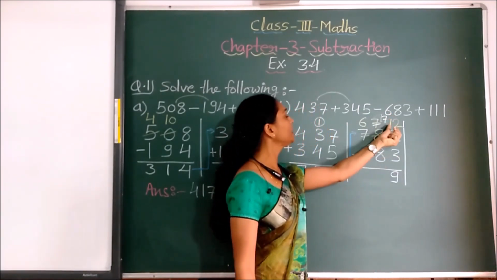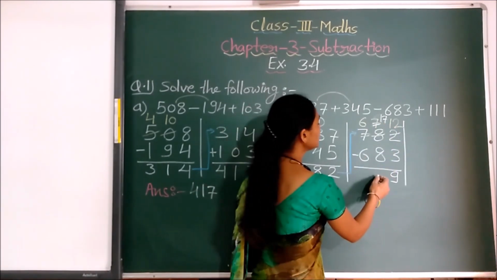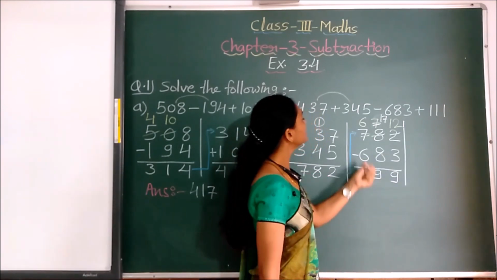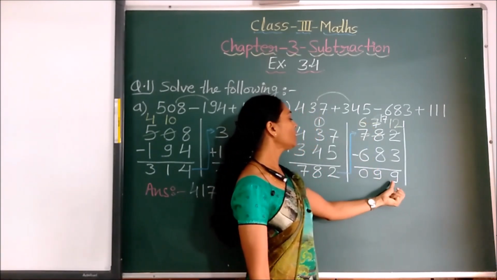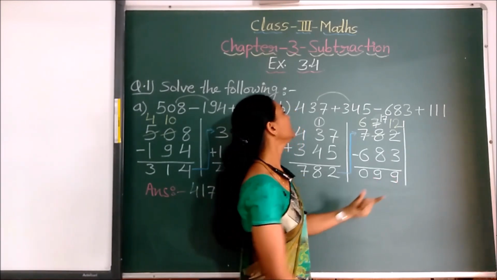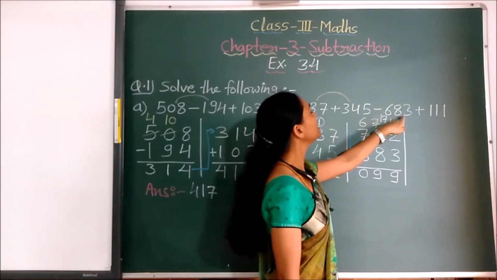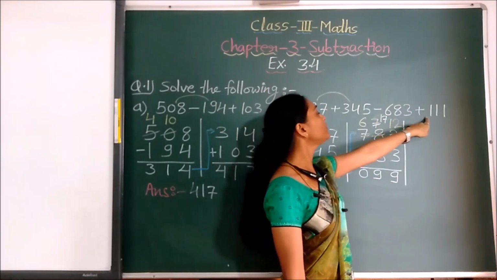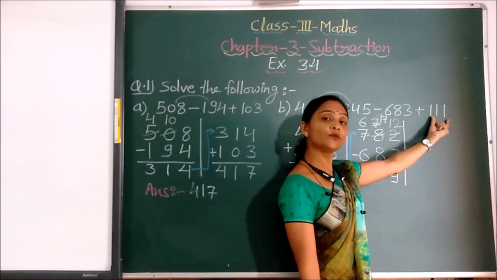So like this 17 minus 8. 17 minus 8 how much is it? It is 9. And then 6 minus 6 how much? It is 0. So now we got this number 99 till these 3 numbers. Now we have solved up till this number. Now we have to solve this fourth one. So with this number we have to add this fourth one.